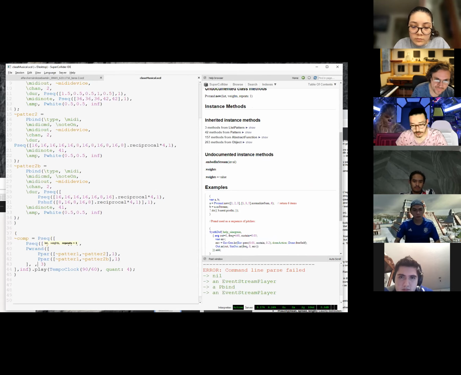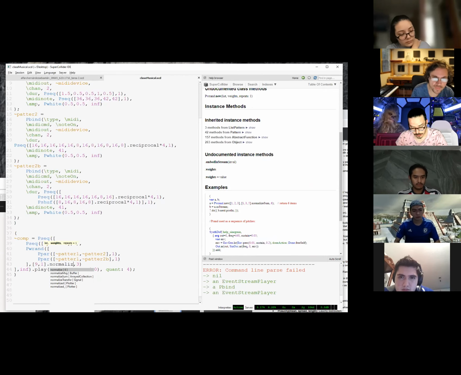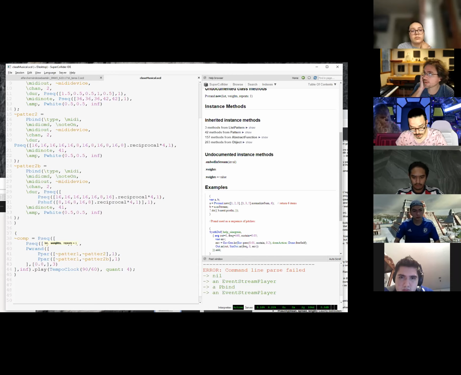If the weights are here, we can say most of the time, and then normalize. Well, first of all, without the normalize, I want 80% of the time to play the normal version and only 20% of the time to play pattern 2B. You see that?